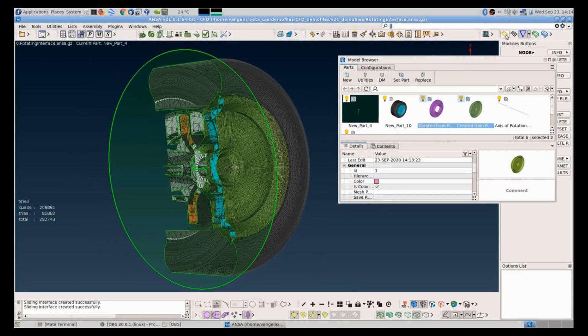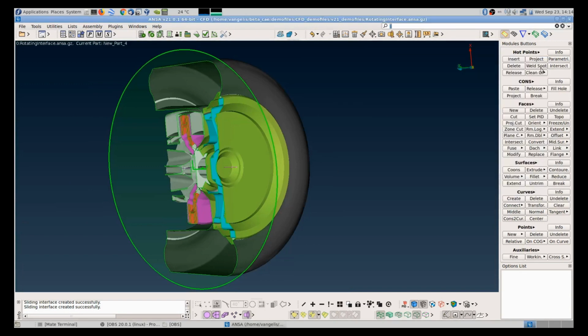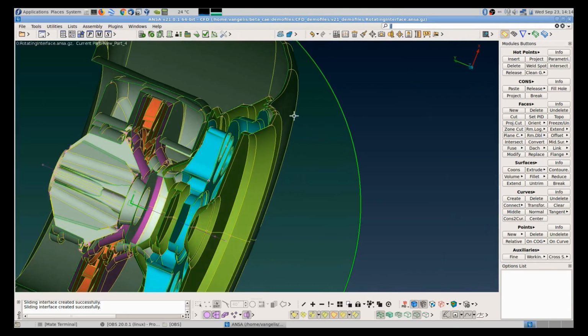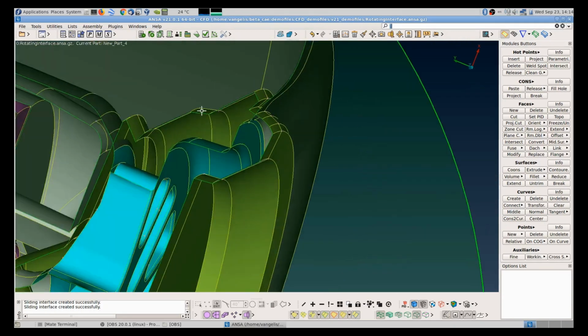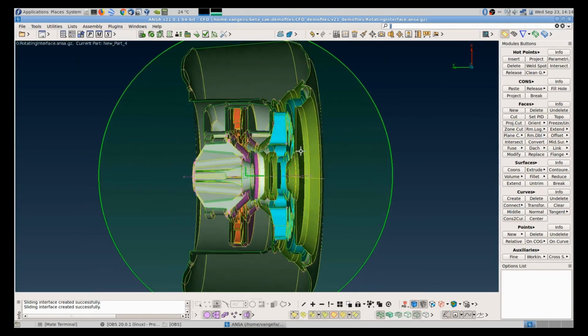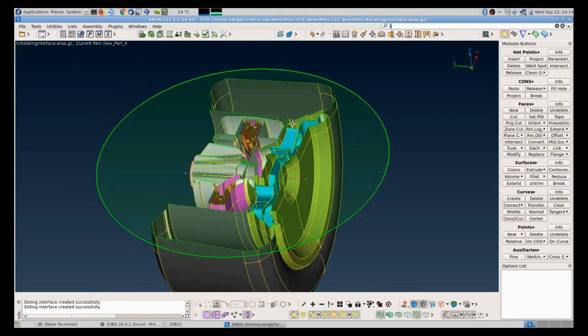And ANSA has created, in this case, geometry, right? So these are actual faces that can be topologically connected. You can delete the inside part, which is in the dead region, and keep only the outside. And very quickly you have created a geometrical construction that actually took a lot of manual effort before.